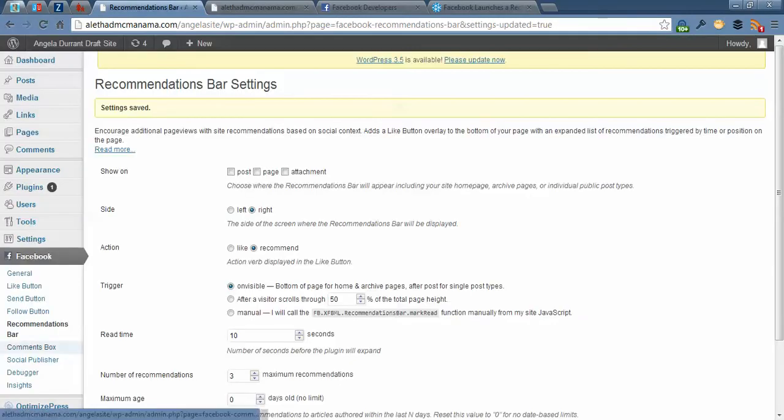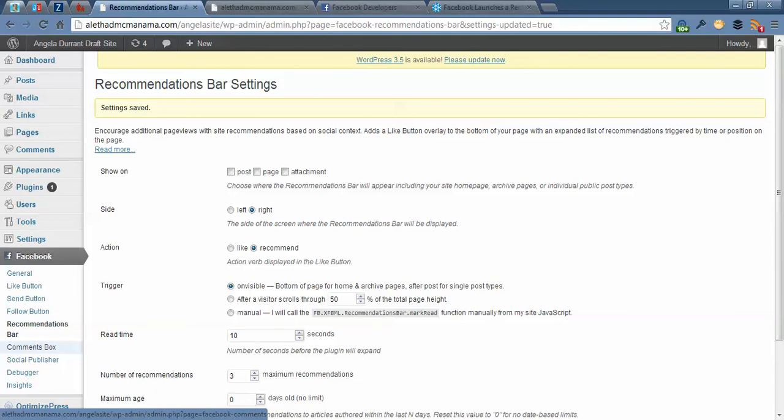Now the last thing I want to cover is the comments box. That is something that shows up on the bottom of somebody's blog page, blog post, alongside of having that, and also maybe a default comments box set up for the visitor to have an option of either putting it in the comments box, the default one, or to just have it set up in the Facebook comments, that somebody can have the ability to do both if they have a Facebook account. If they don't, then they can just set it up to leave their comment in the default comments box. For my website, I do not have the Facebook comments box at the bottom of my blog